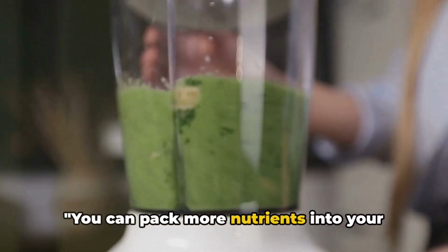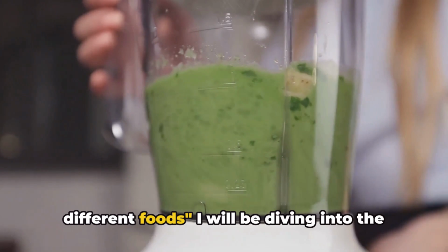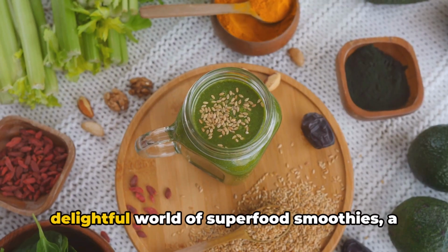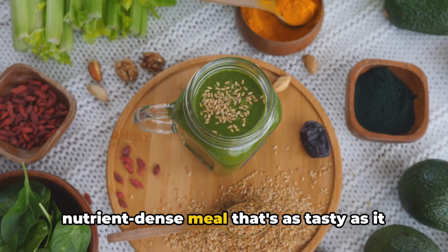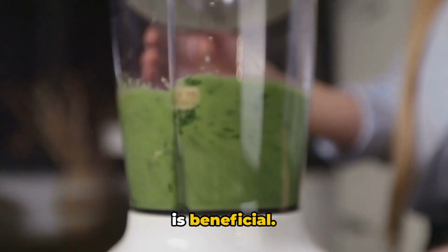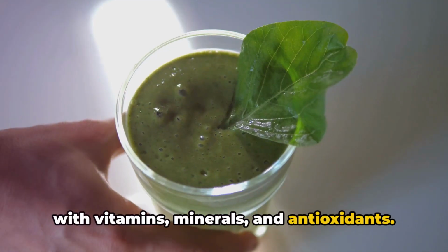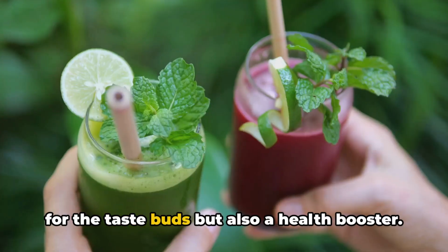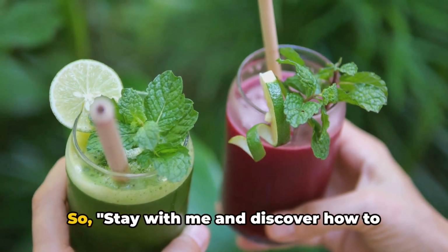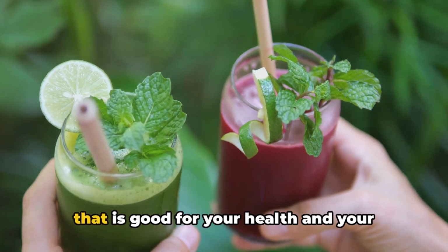You can pack more nutrients into your diet without having to eat a ton of different foods. I will be diving into the delightful world of Superfood Smoothies, a nutrient-dense meal that's as tasty as it is beneficial. I've whipped up a recipe that's brimming with vitamins, minerals and antioxidants. It's a concoction that's not only a feast for the taste buds but also a health booster. So stay with me and discover how to make a delicious, nutrient-packed smoothie that is good for your health and